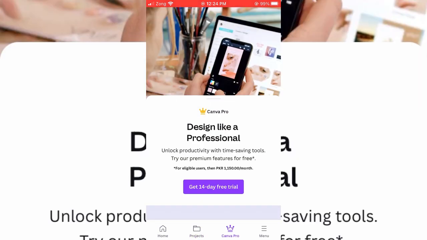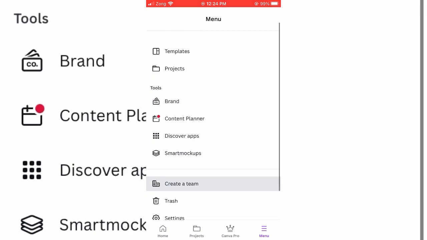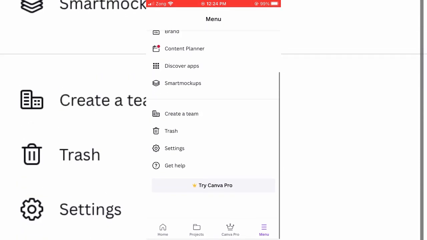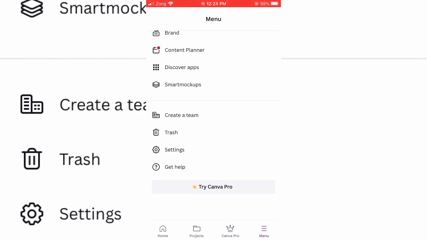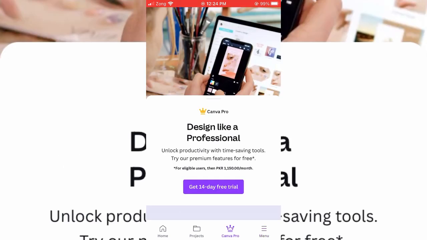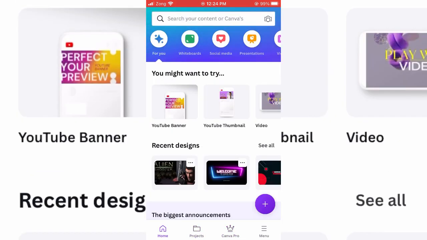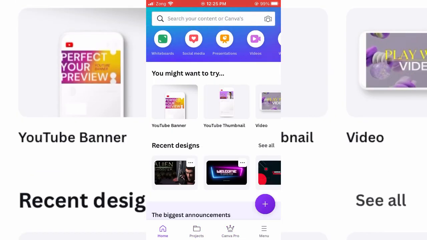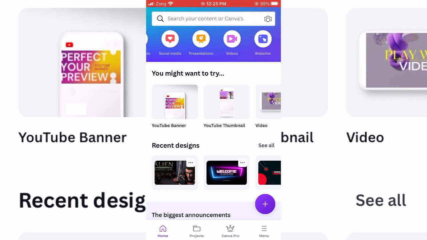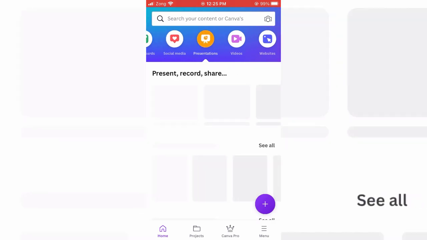So you can have Canva Pro. You can try Canva Pro, and in Pro you can have so many more options, and you will be able to use it professionally. So then you can have a lot of other options, like you can create